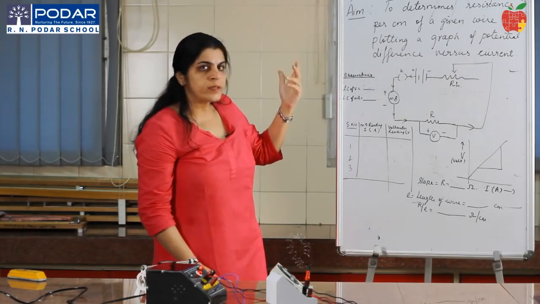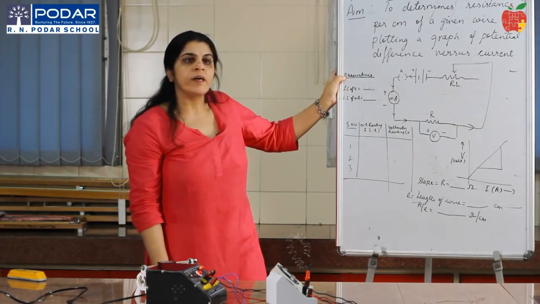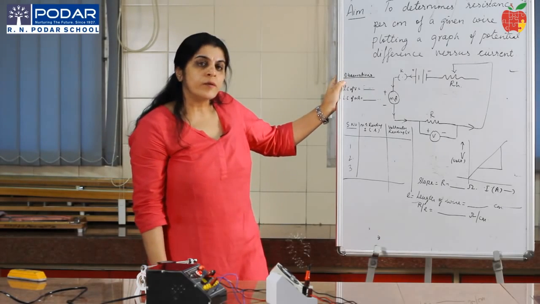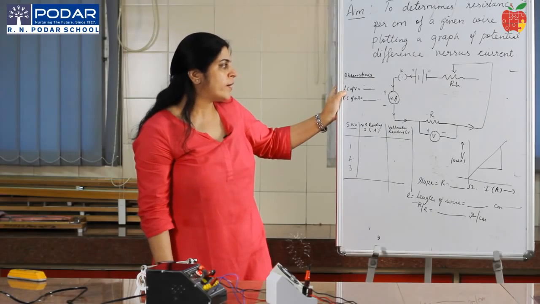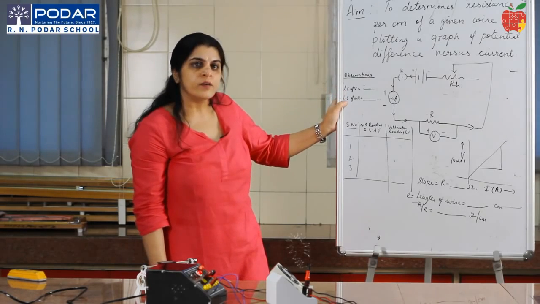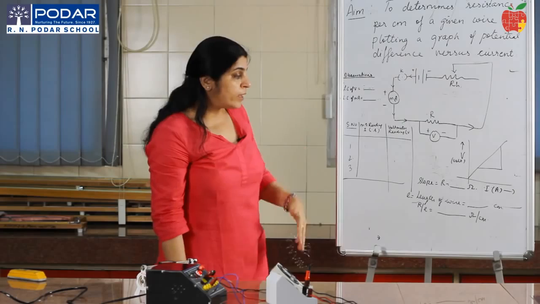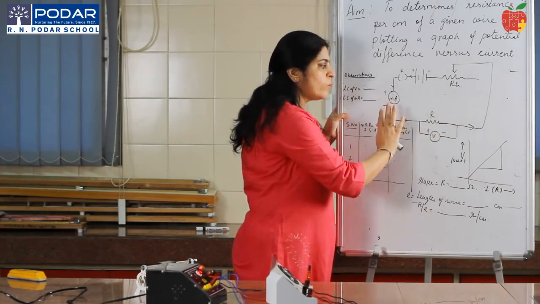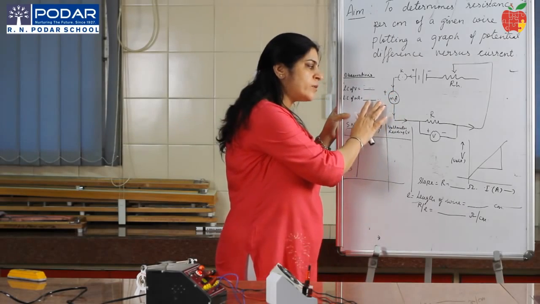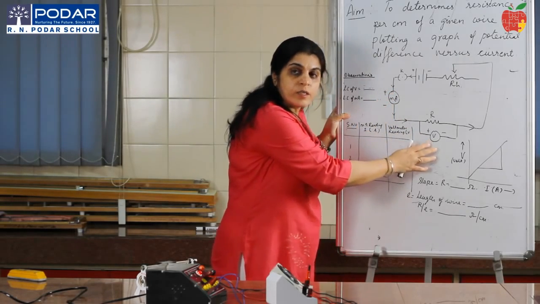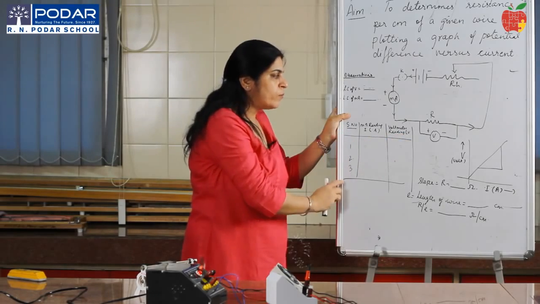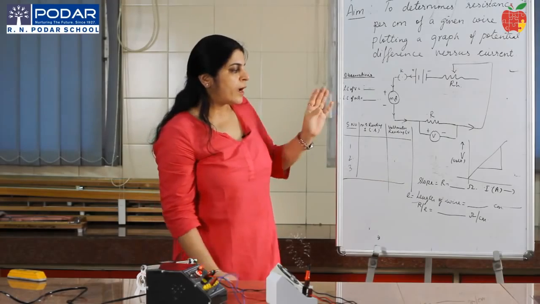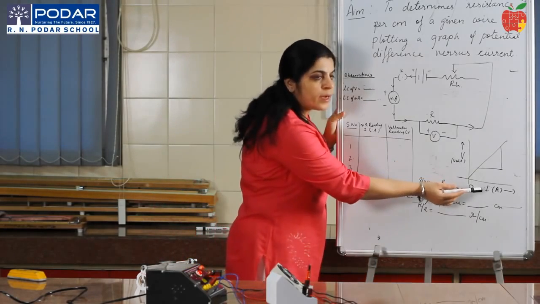When we're doing this experiment, the first thing we do is note the observations. We find the range of the voltmeter and the range of the milliammeter, and also the least count of the voltmeter and the least count of the milliammeter. With the help of a rheostat we vary the current, note down the milliammeter reading, that is the current, and note down the potential difference across R. For different values of current, we measure different values of potential difference. After that, we plot a graph between V and I.